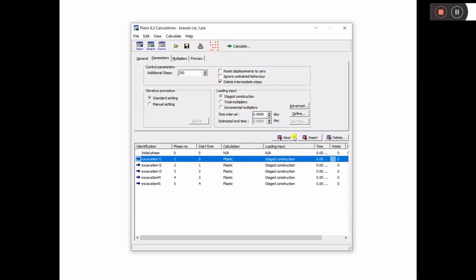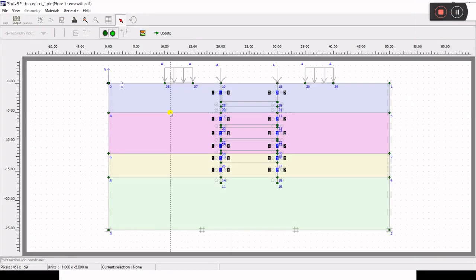And next I'll define what this stage is. So I'll click on define, and it will open this box. In the box you can see some things are not in color, they are black and white, and some things are colored. The things which are colored are active. There are no things which are active till now, and the things which are black and white are non-active. So you'll have to click on the things which you want to be active in this stage.